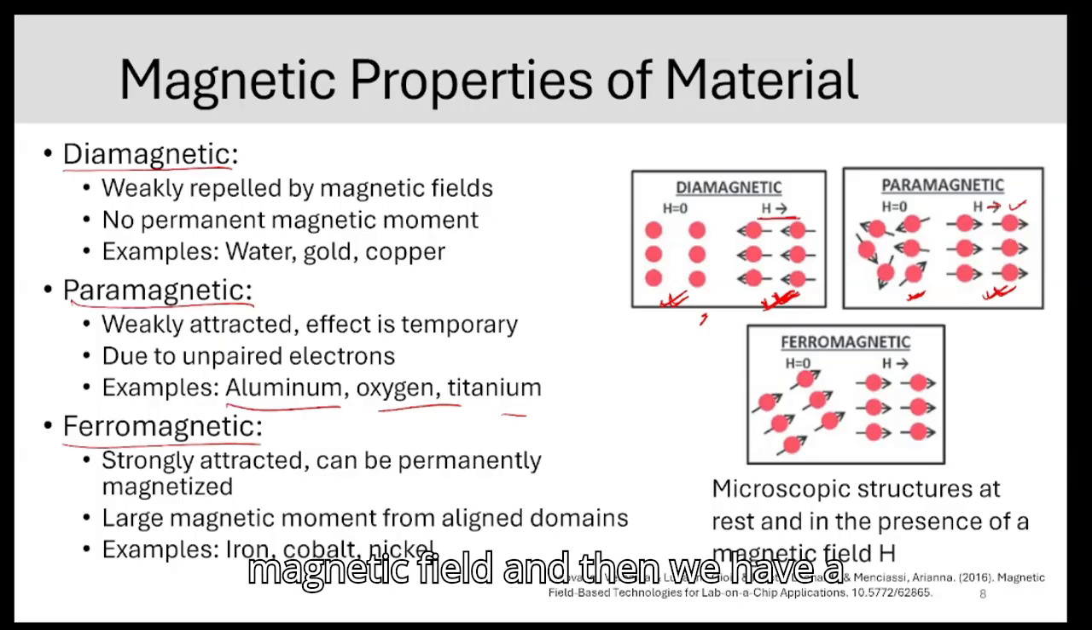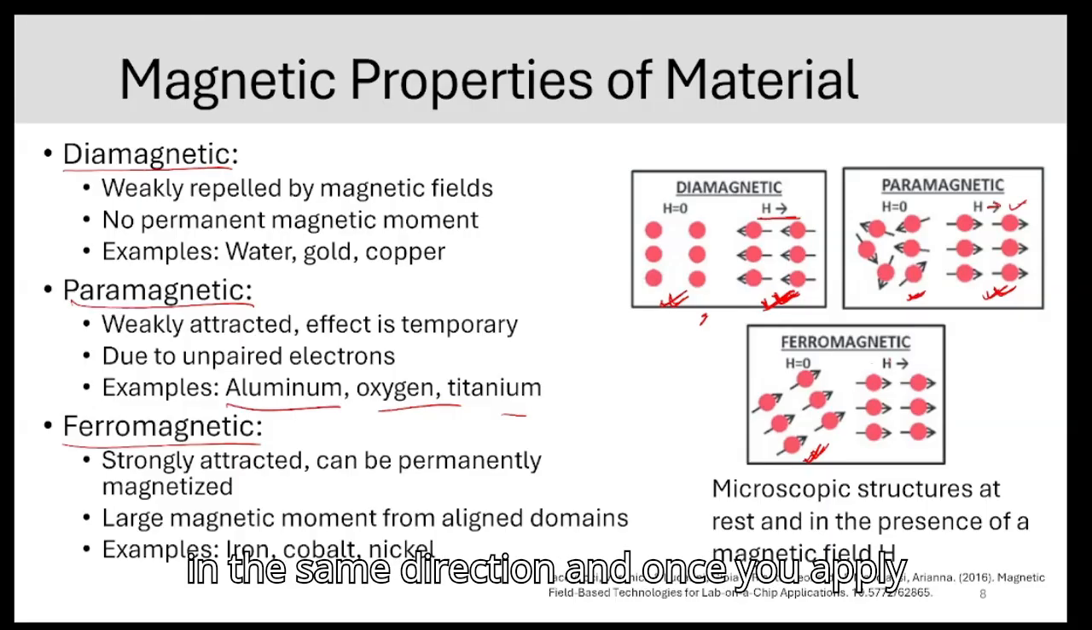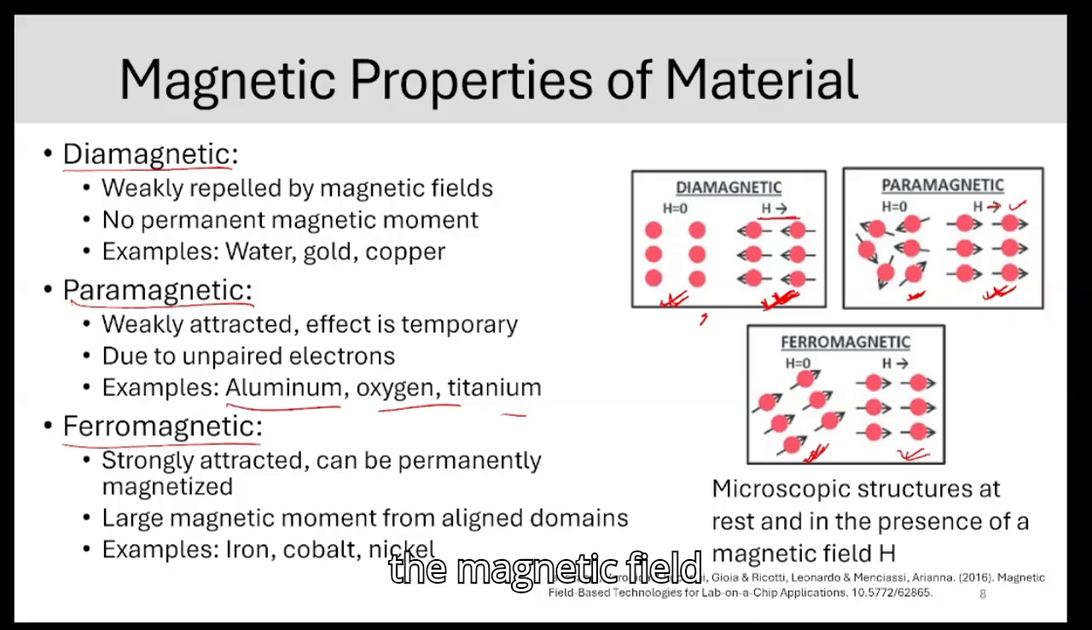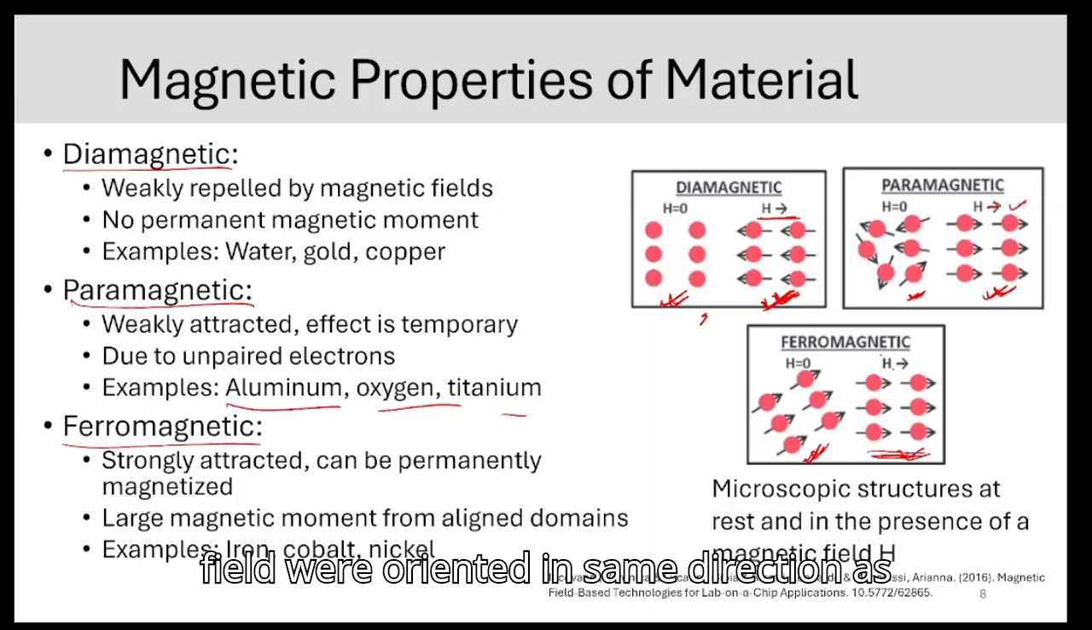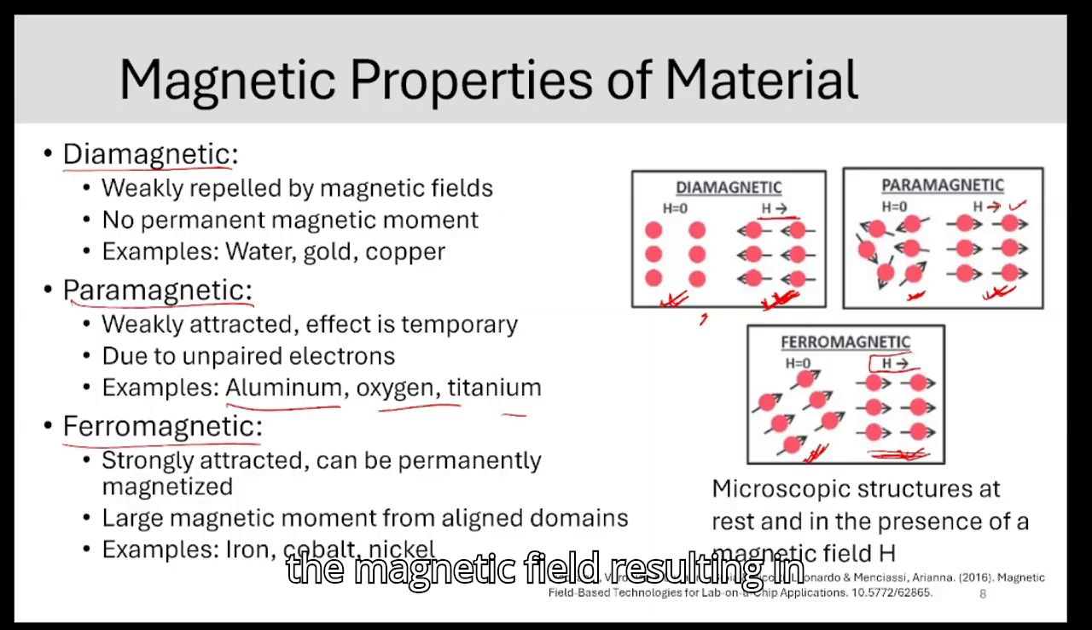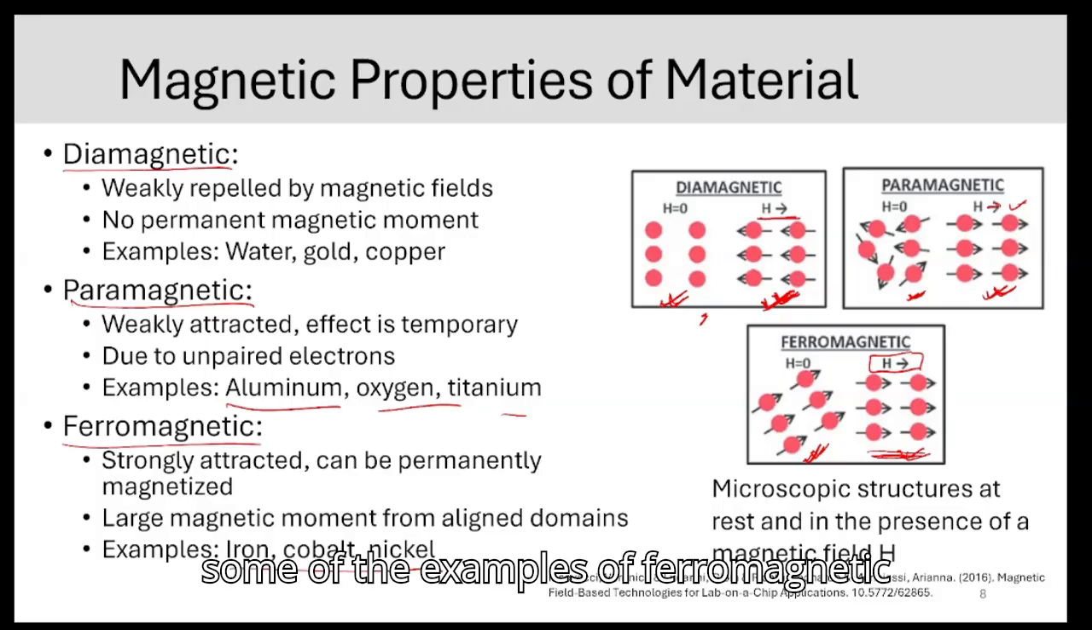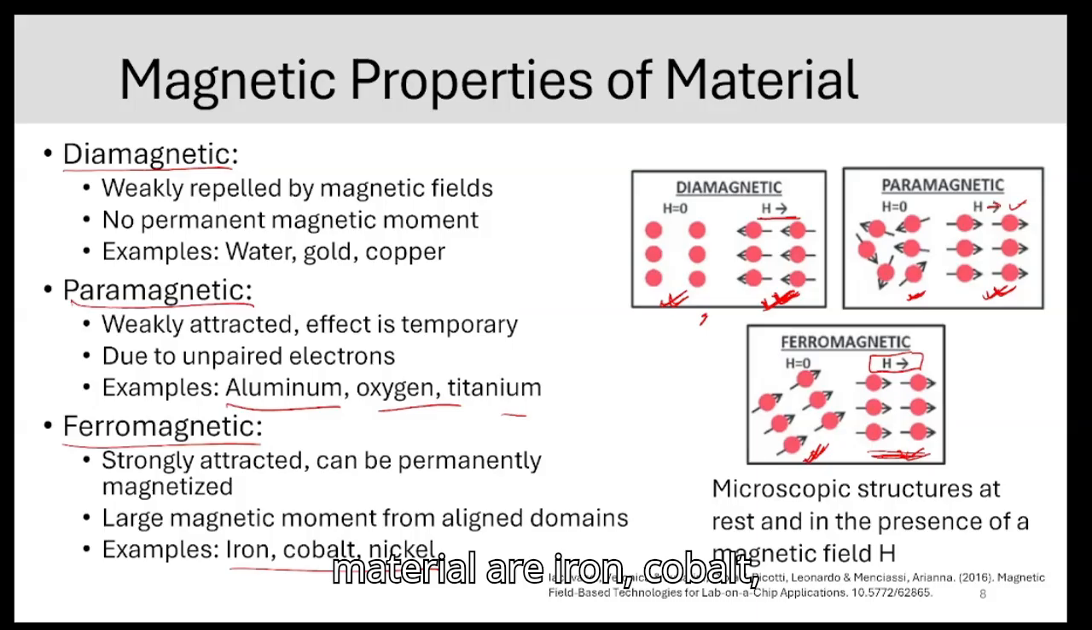And then we have ferromagnetic materials. Here we can see ferromagnetic materials. All these magnetic particles are oriented in the same direction, and once you apply the magnetic field on these materials, all this magnetic field will be oriented in the same direction as the magnetic field, resulting in attraction between magnet and ferromagnetic material. Some examples of ferromagnetic material are iron, cobalt, nickel,